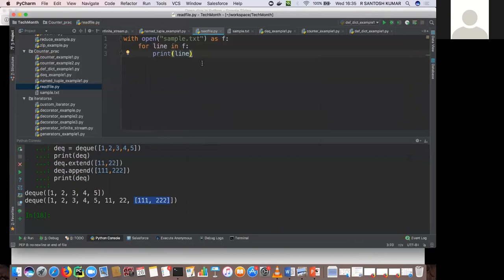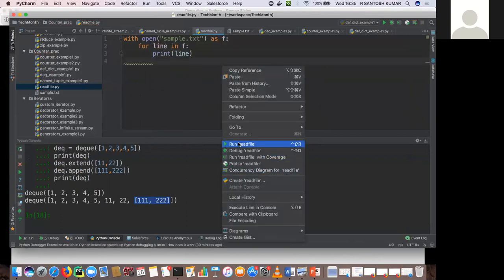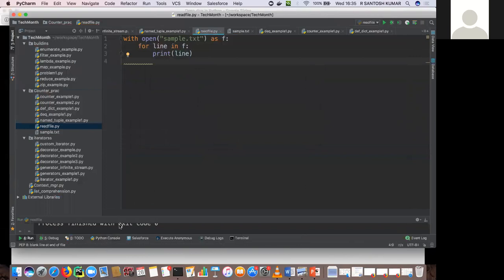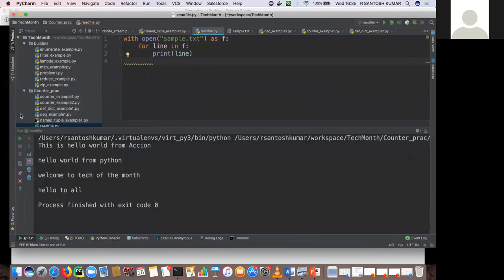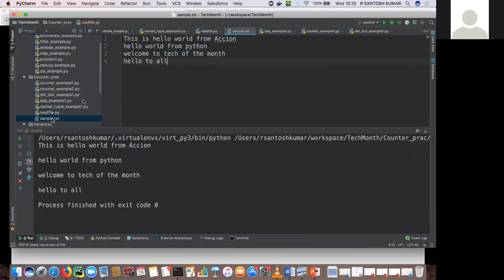Okay. So basically what it does, it is printing the content of the file. So I have this file sample.txt. So you can see the